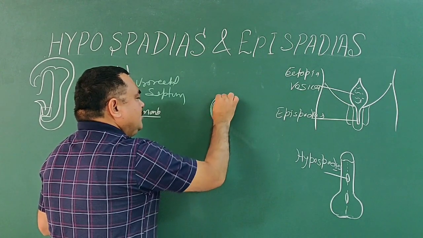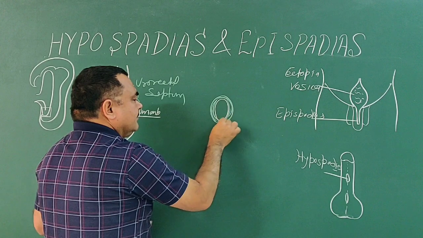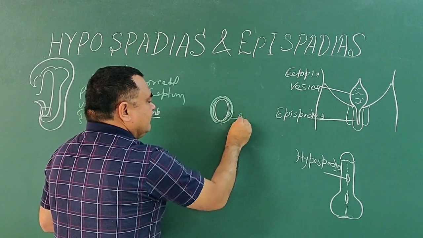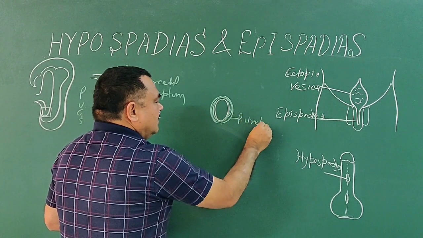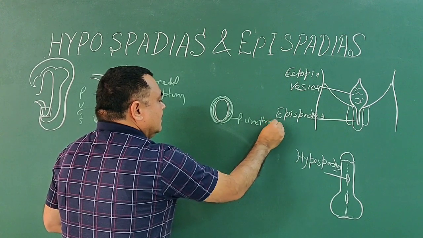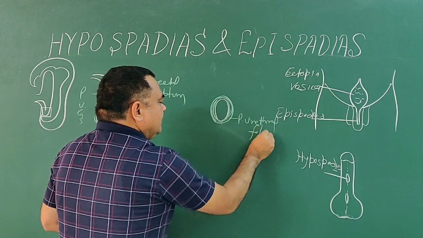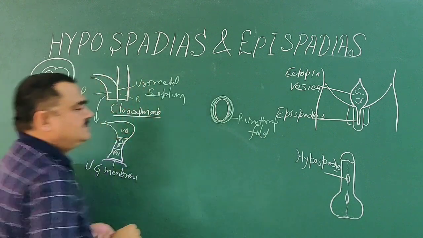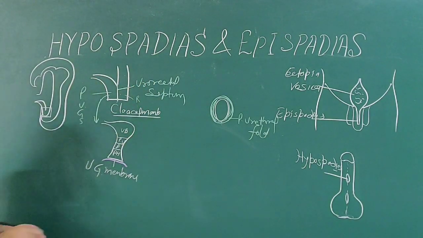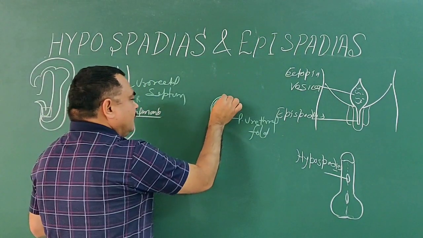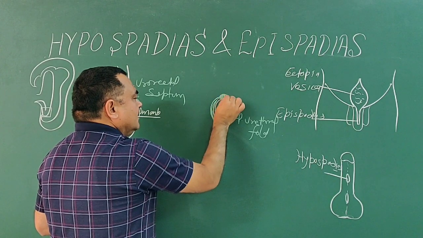This is the primitive urethral fold. This primitive urethral fold here forms